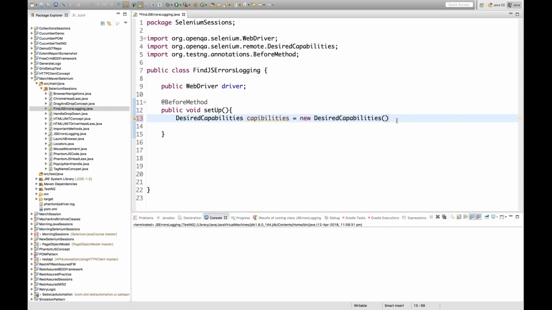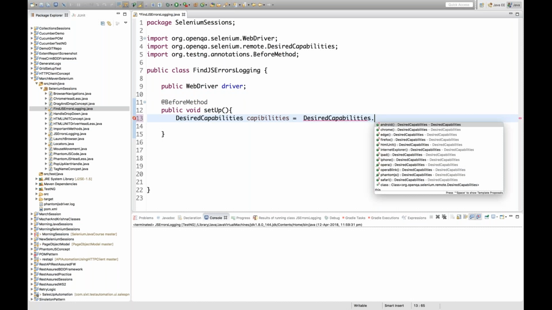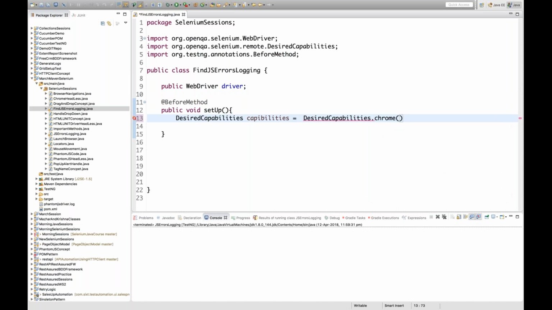And instead of using new, I'm going to use DesiredCapabilities dot, and I'm going to use the Chrome browser for that. Just a minute, let me import it properly. Okay, so DesiredCapabilities.chrome I'm going to use. Right. And what exactly I'm going to do, we have one more class that is called